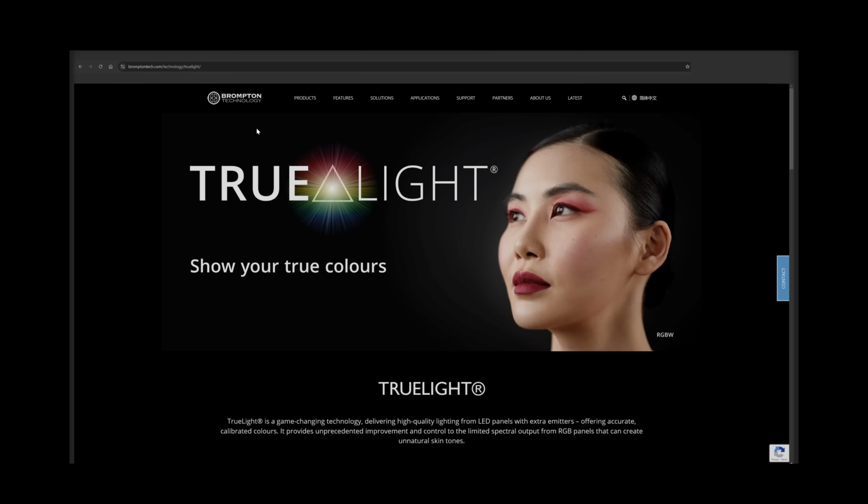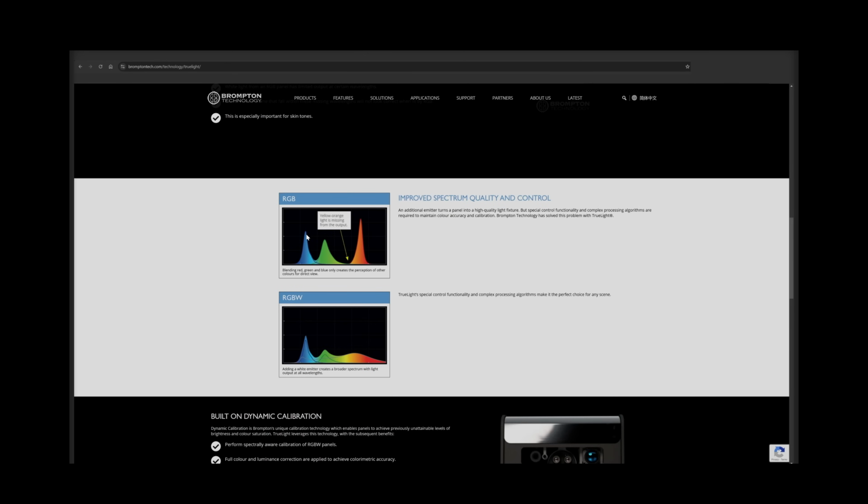Obviously, virtual production is the area where LEDs shine because it's out of focus, so the lower resolution doesn't matter so much. You need the power of LEDs and other such things. It's an area that's still very much in its infancy, and people are still experimenting with it. Just to give you an example, Brompton, who's one of the leading technologists in that area, they are going in the other direction. They're actually going, what used to be red, green, and blue separate 3 primary LEDs,